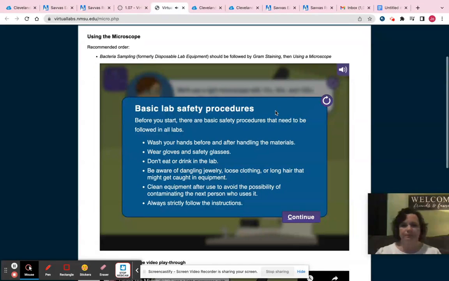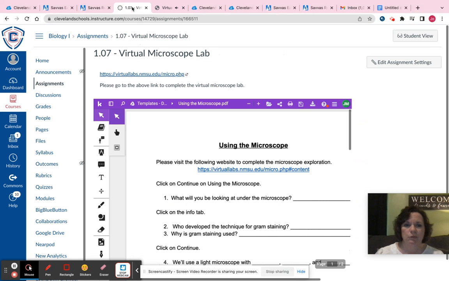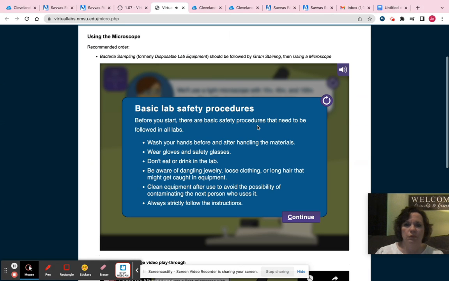Basic lab safety procedures. Before you start, there are basic safety procedures that need to be followed in all labs. Wash your hands before and after handling the materials. Wear gloves and